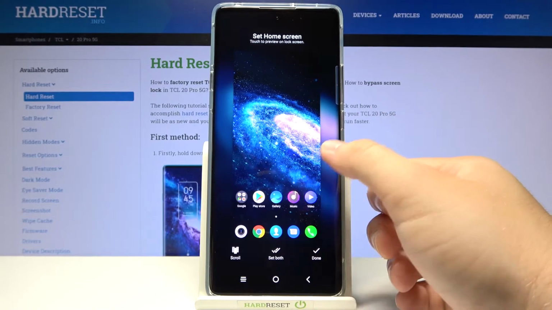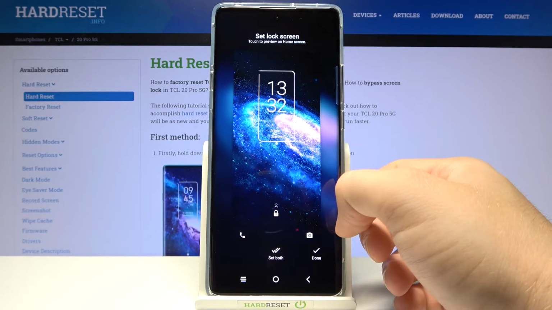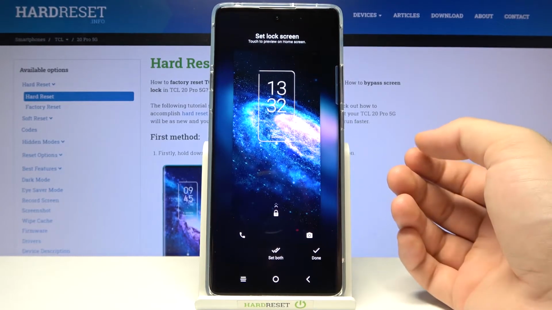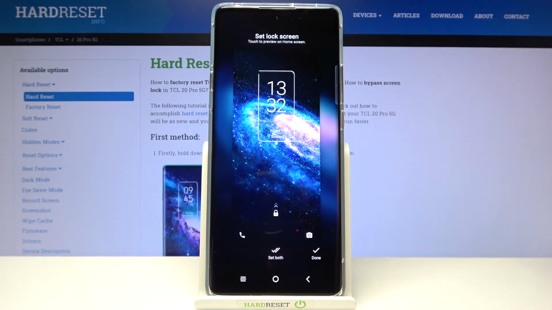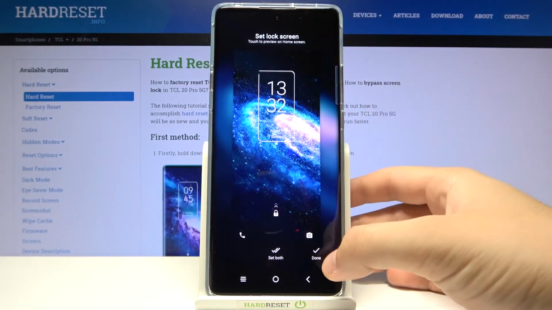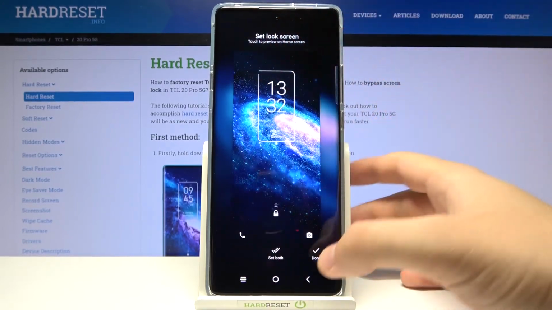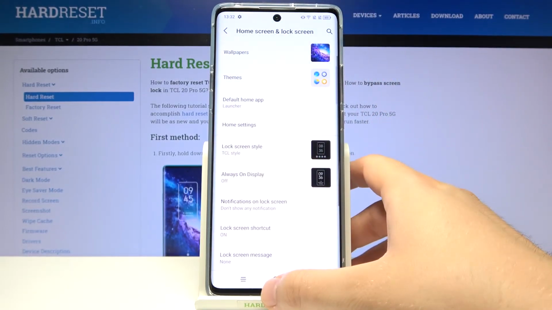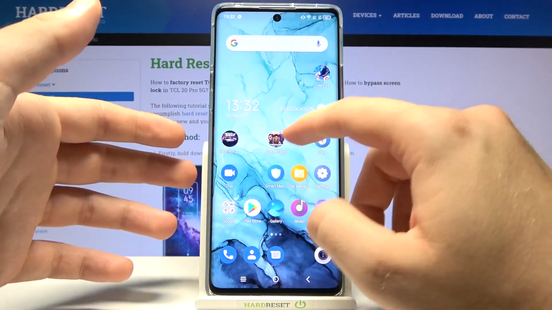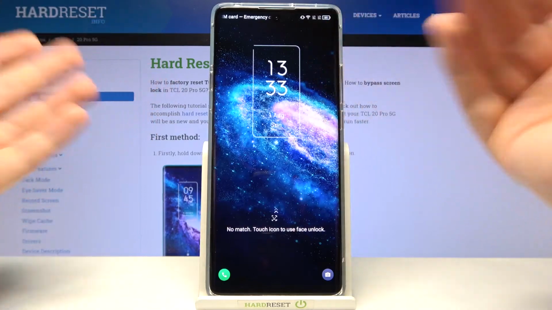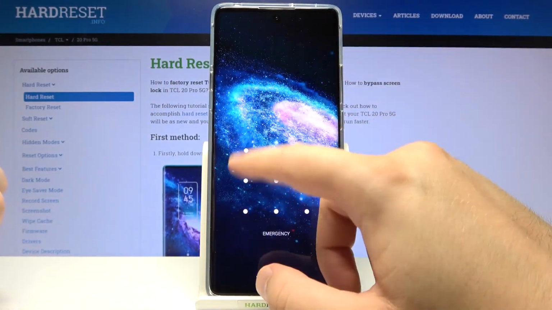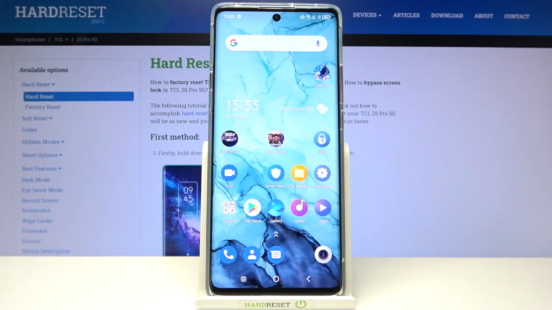So if you want to change only your lock screen wallpaper, you have to choose the normal wallpaper, static, and after that when you tap once you can move between the home screen and the lock screen. And if you want to change only the lock screen, just pick here, set to lock screen, tap on done. And as you can see right now, our wallpaper will be changed. So that's how we can make it,